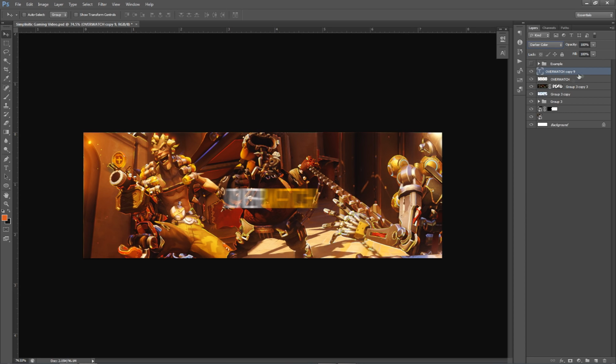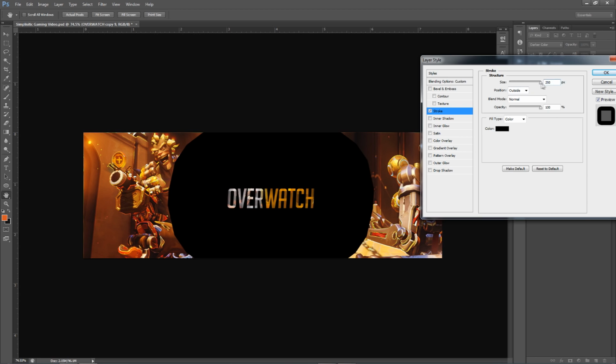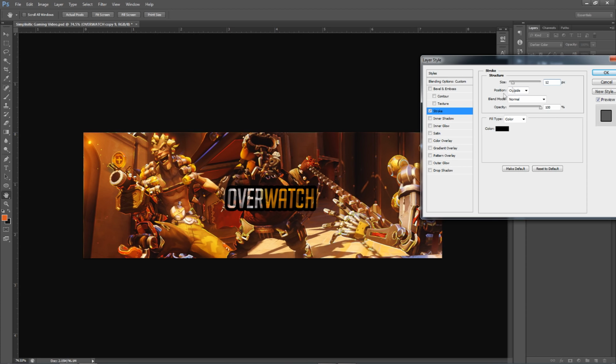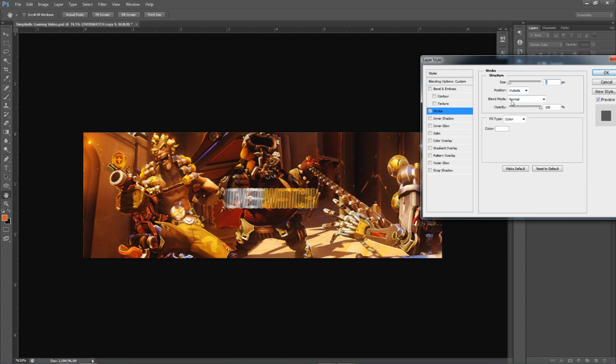Darken color, and we're going to go ahead and double click on this layer and do some little strokes and stuff. So basically, I'm going to stroke now. I'm going to change this from stroke to 1. Just change it to 1, not 12, please, 1. All right, and I'm going to color, make sure it's white. Press OK. I'm going to go to blend mode here, put it on overlay, and I'm going to go ahead